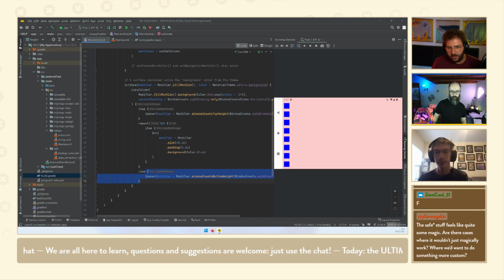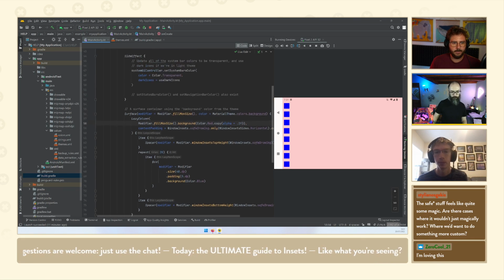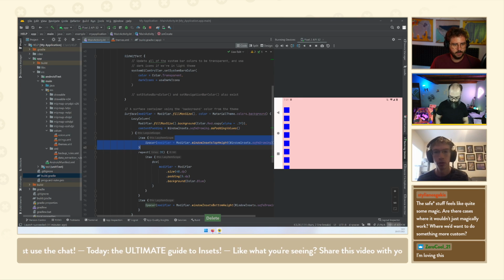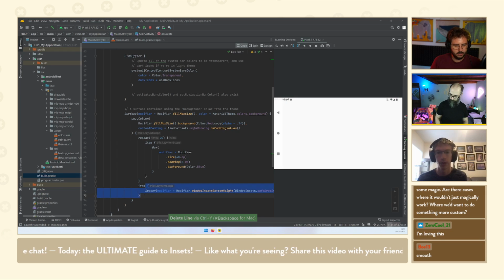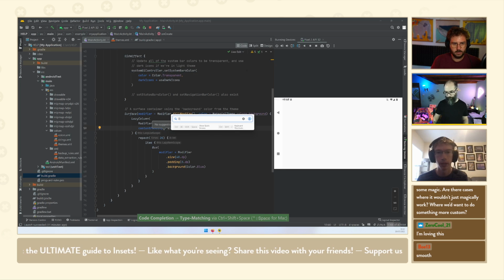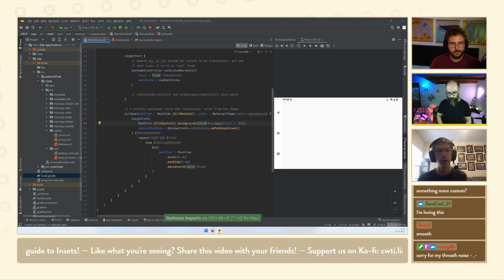I was wondering one thing. It doesn't really look like there's a background behind the navigation bar. I don't see the background. Maybe it's just not there. So if I wanted to draw the background behind the navigation bar, how would I do that? It should be drawn behind there. I think in light mode that white is pretty opaque. It should be drawn behind, but if you wanted to, you can change the